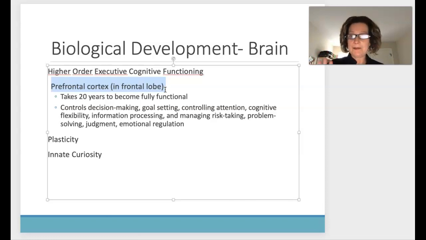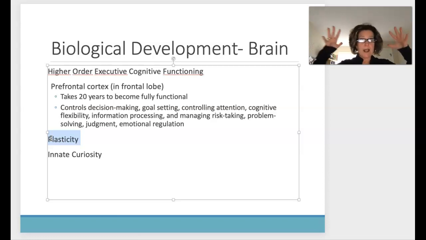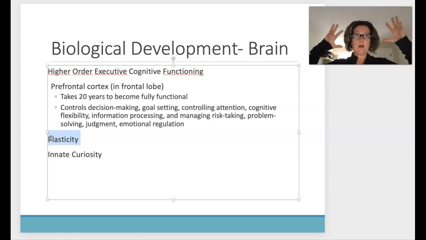Okay, let's go on to the concept of plasticity in the brain. This is the brain's capacity for structural change as a result of experience. And experience stimulates those neurons to reach out and connect with other stimulated neurons. Researchers have found that in a group of lifelong violinists, the part of the brain that controls the hand movements involved in playing a string instrument was actually larger than the same part of the brain in non-musicians. So the brain can actually change shape, can actually grow, depending on what you are doing.